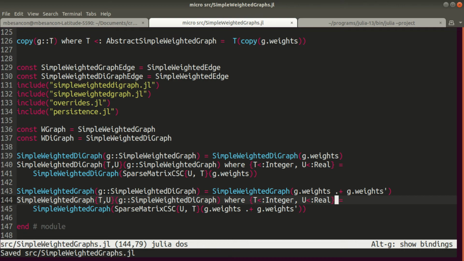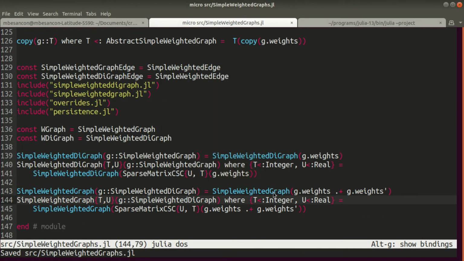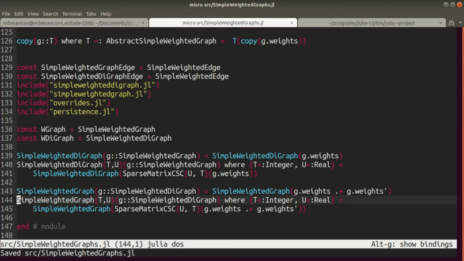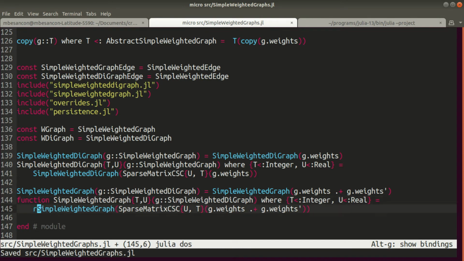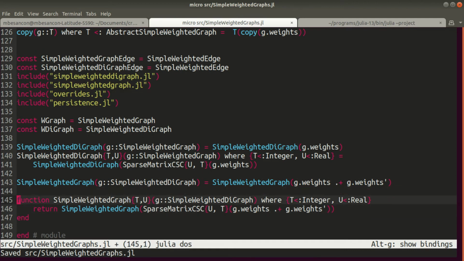Okay, so it's complaining specifically for simple weighted graph from simple weighted digraph. So this one, yeah, this line. But this, since it's already on two different lines, let's just write it as a multi-line function. Okay, so